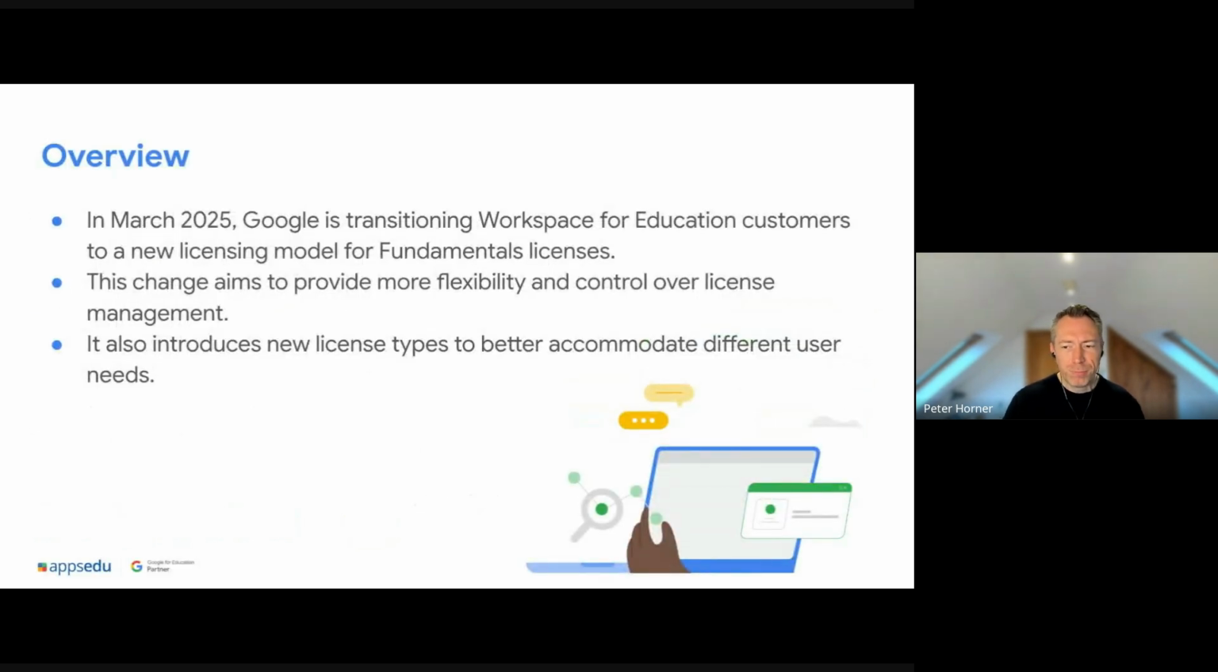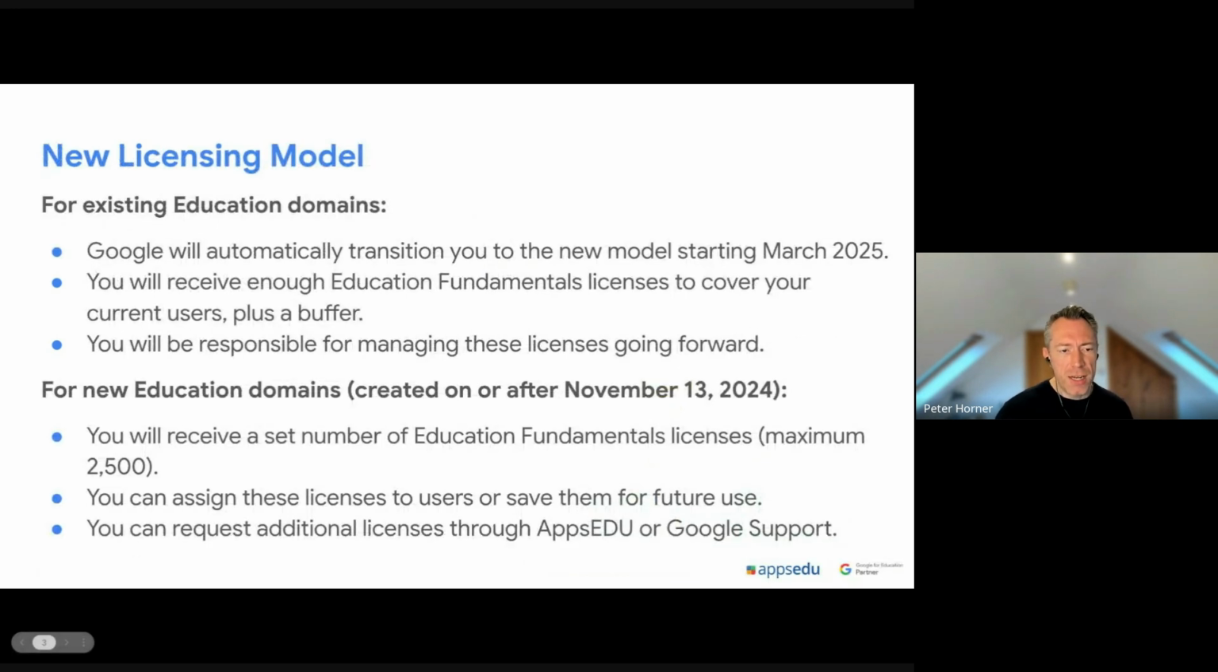So Google announced last year that they are changing the licensing model for fundamentals licenses. And essentially, the reason Google were doing that is to firstly give a bit more flexibility. There's going to be some new licensing types, but also stopping some potential misuse of Google Workspace as well. In terms of the actual changes though, what's happening is,